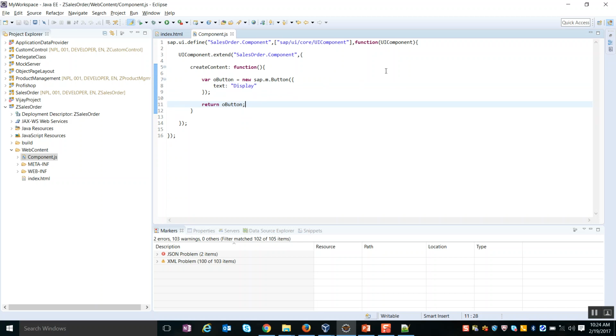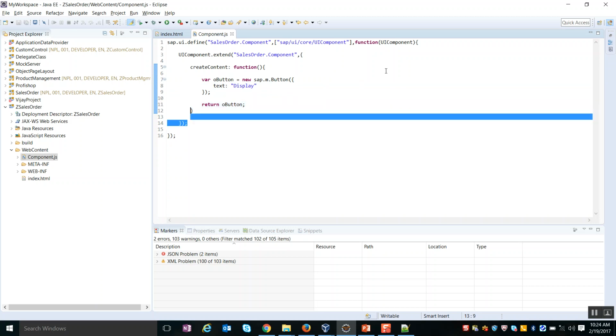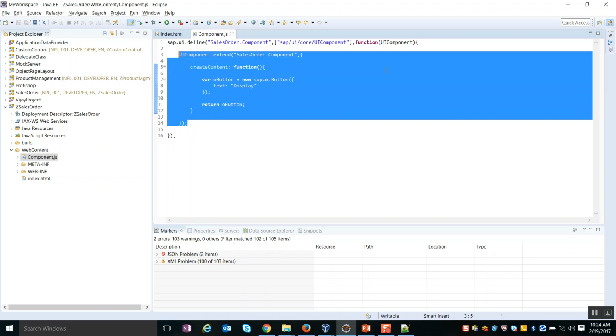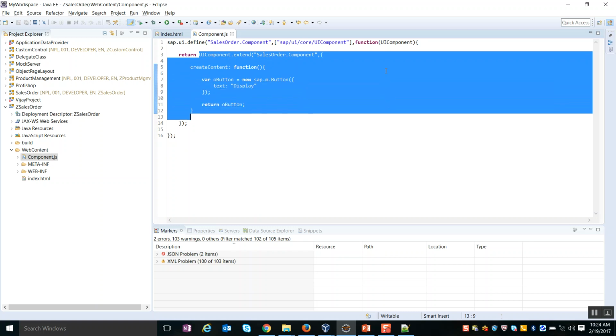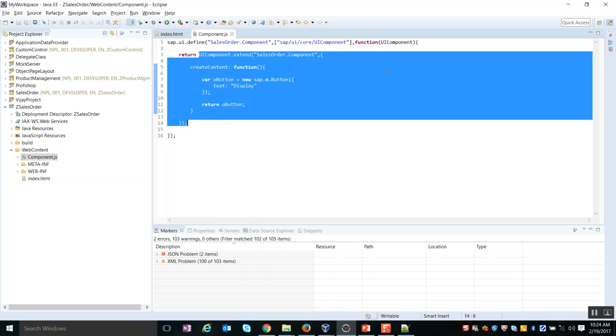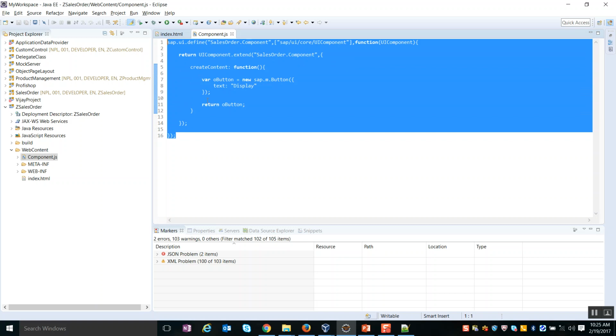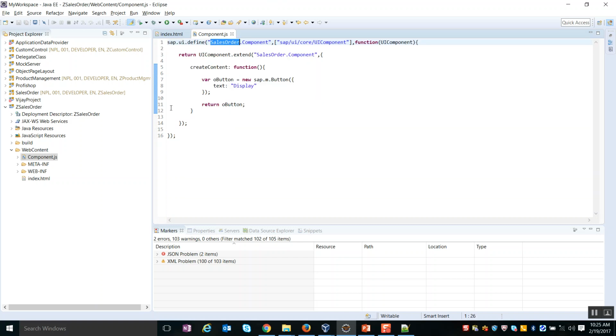particular component. So what I have done over here is that I have created the component instance. So I'll also have to return this component instance. Instead of taking it in a separate variable and then returning it later, I'm just going to directly write the return statement over here, which executes this statement, creates the component instance and returns the component instance. So whenever this component.js file has been executed, it is going to create the instance of this, and it is going to return the button control as a part of this one. So what this path basically is going to mean is that here you could see that inside the web content folder I have this component.js.